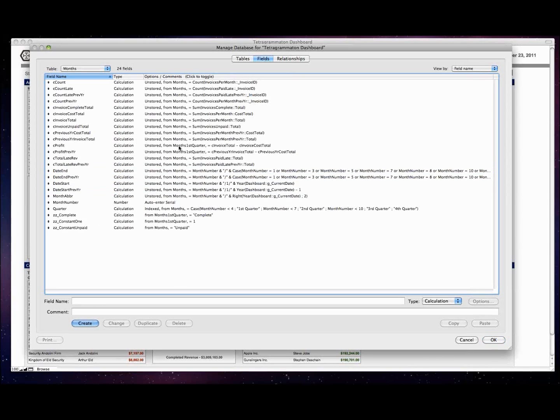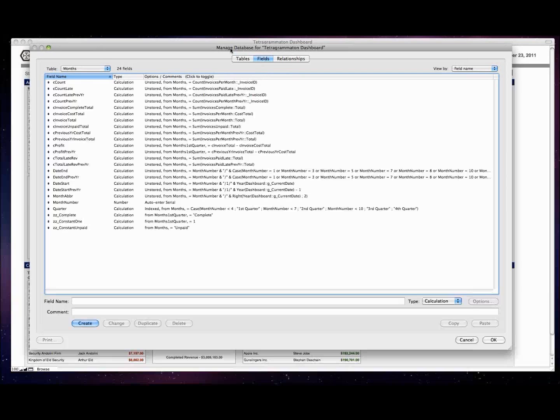The beauty of this is that this table, these 24 fields, will be calculating out current year and previous year information for months. And it's only one record that will be doing that. In this scenario, I don't need a record for every month that data is being tracked in the system. So I'm not going to end up with 36 records for 3 years. I only have 12 records, and it represents only 2 sets of yearly information. If I wanted a third, I'd come in and just duplicate this information and build out my